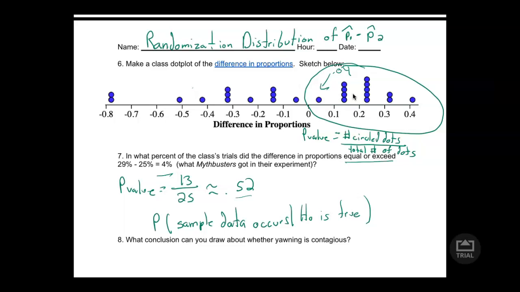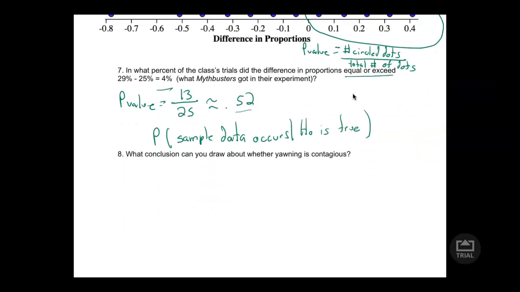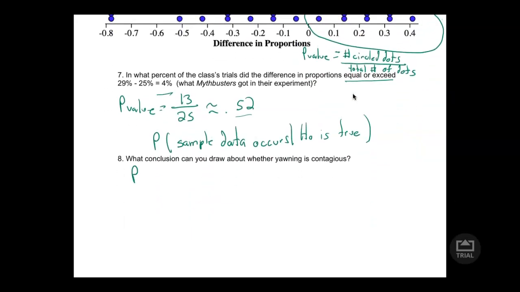So it says, what conclusion can you draw about whether yawning is contagious? Well, our p-value of 0.52 is greater than our significance level of 0.05. Remember, if they don't give you a significance level, you're going to use 5%. And when it is greater, we are going to fail to reject